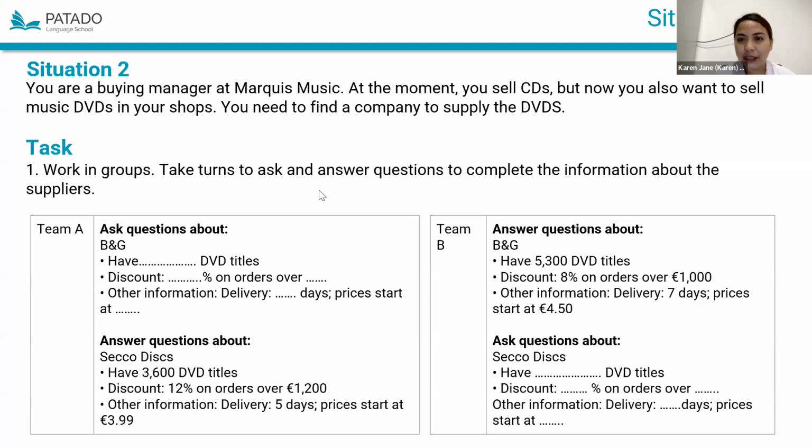At the moment, you are only selling CDs, but now you want to improve and expand the company, so you want to sell another product, which is DVD. Now, in order to sell a new product, you have to find a company to supply you with a product.